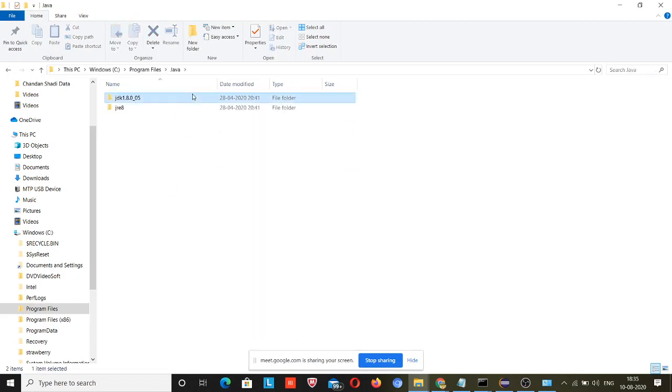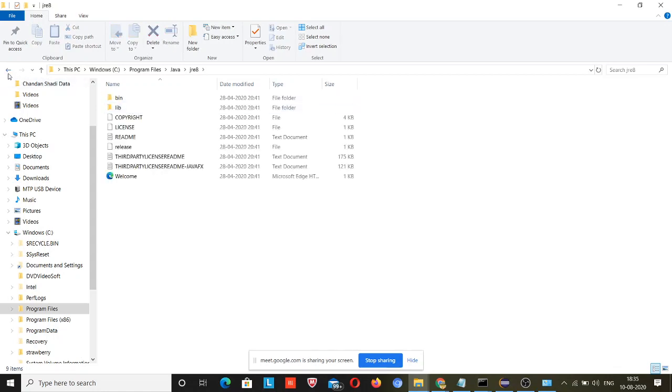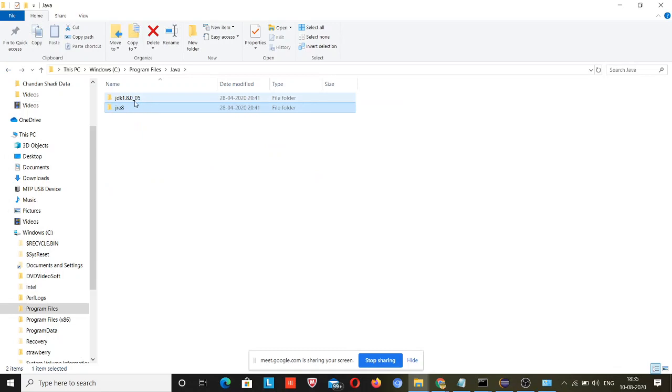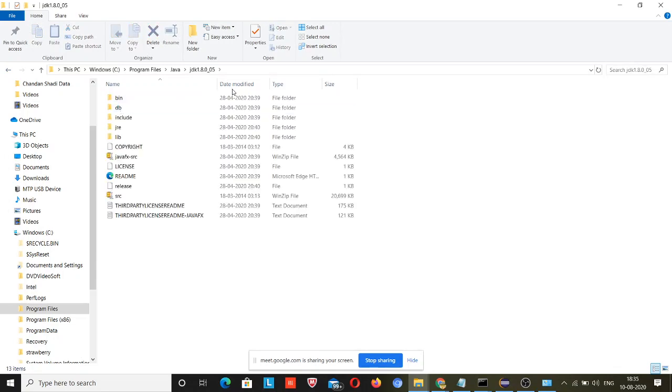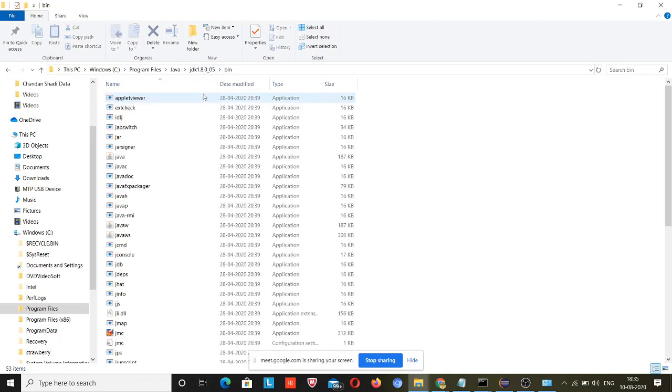Click on this, and inside the Java folder there is JDK 1.8. So once you have installed Java, then you can see these two folders, JDK 1.8 and JRE. So if you see like this, it means that it's okay with your system. Just click on this JDK 1.8 and you will come inside this folder, and just need to click on this bin folder. Now copy this path. I have copied this path.